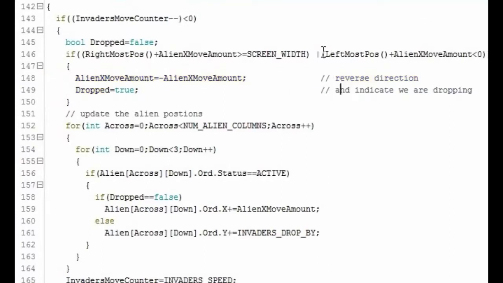If this bit, so the leftmost position, so again we've got a routine we're going to talk about in a second. If the leftmost position, so it scans all the aliens, looks for the most left positioned alien. If that with the X movement amount on is less than 0, then again we're dropping. So if we are dropping, then we'll put dropped equals true, and the alien X movement is equal to the